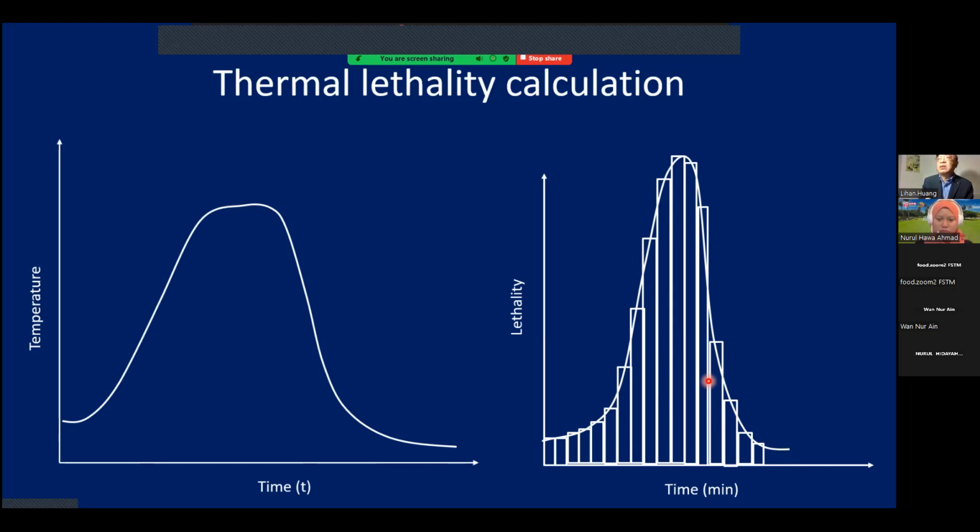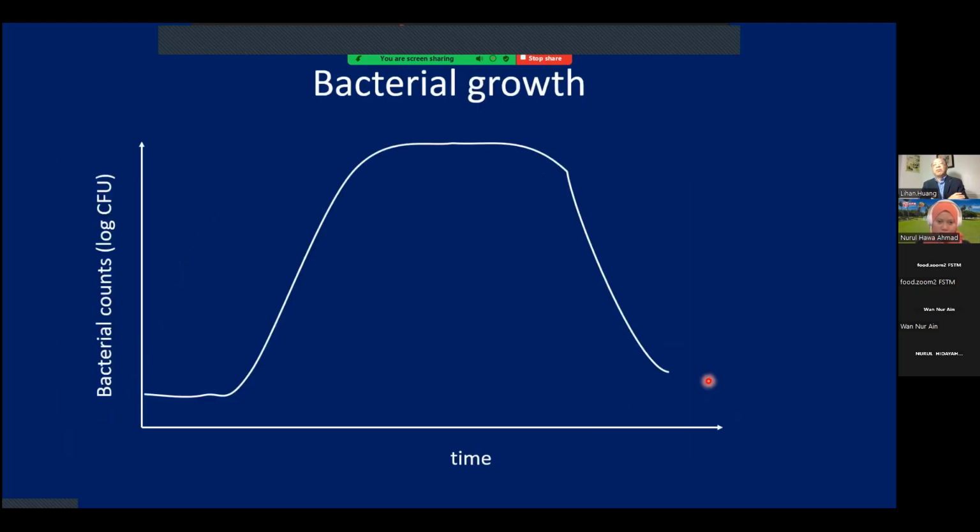So this is because of this very, very simple expression. It established the science of food. But thermal inactivation is relatively easy. When it comes to bacterial growth, it's a lot more difficult, because bacterial growth, even under constant temperature conditions,